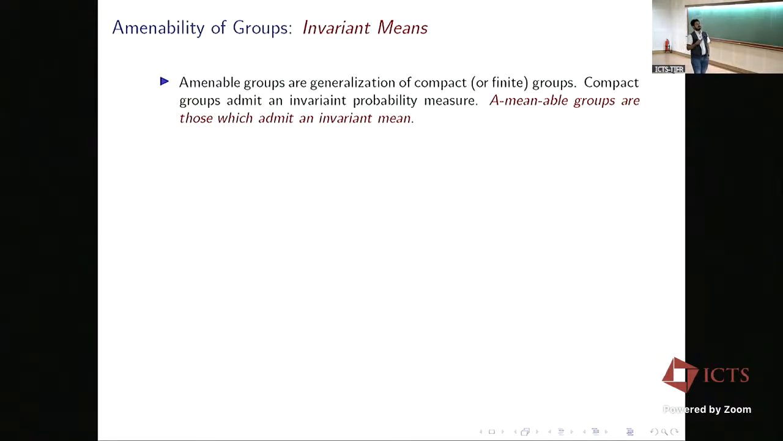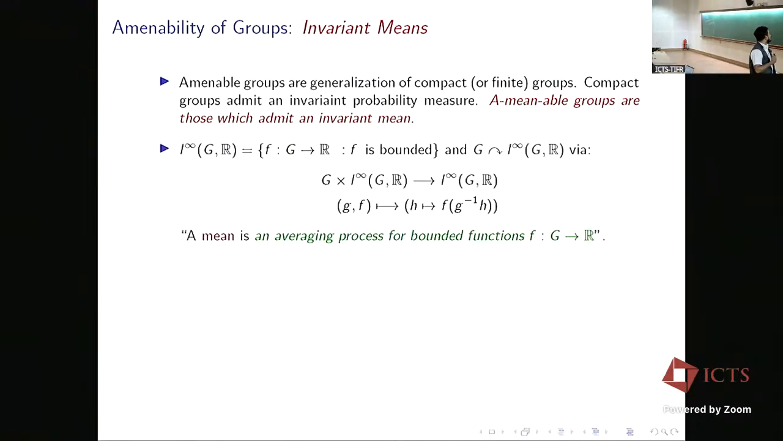Amenable groups are generalizations of compact groups or finite groups in particular. Compact groups admit invariant probability measure. Amenable groups are those which admit an invariant mean. Now, what do I mean by mean? By mean, I mean an averaging process for bounded functions on the group. So amenable groups are those which admit an invariant mean, which is